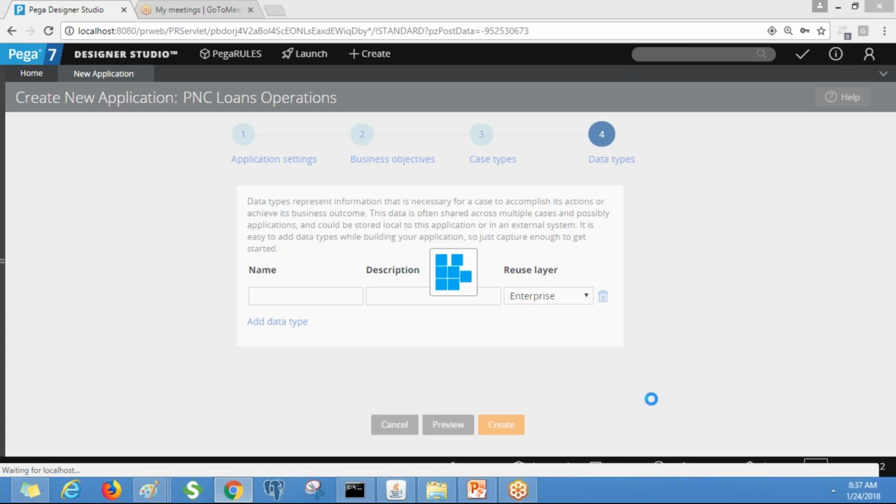Generally, as a system architect, we will not create all these things. The application creation is taken care of by lead system architects, who have more than 8 or 10 years of experience. We are just going to work on the rules.